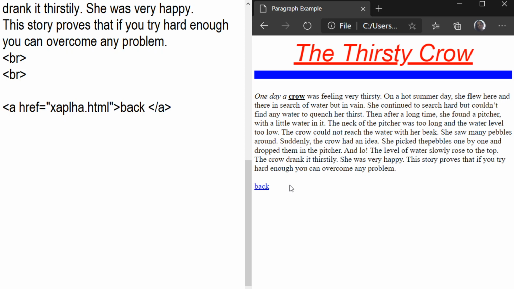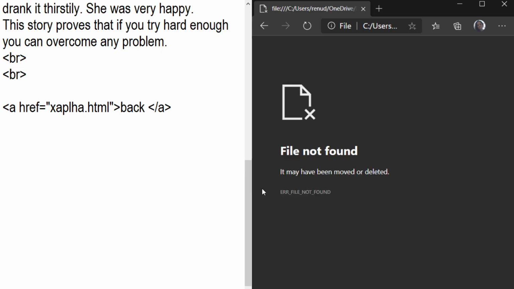If you want to change the color of the hyperlink of this back, you see here, when you click on the back, now this color is blue, the default link color is blue. But if you want to change this color you can change it, we can change it later. When you click on back, now the file is there, so again you can open your file here.